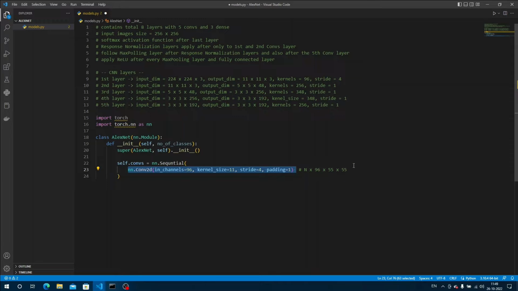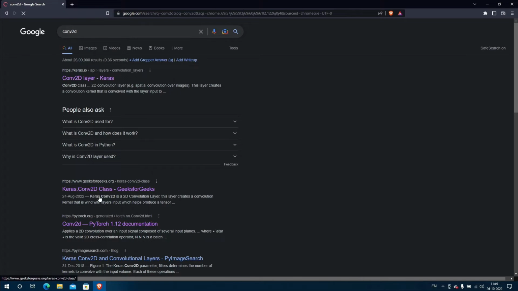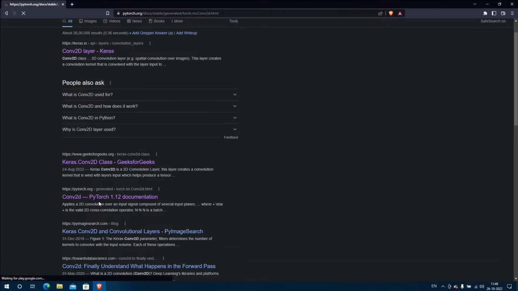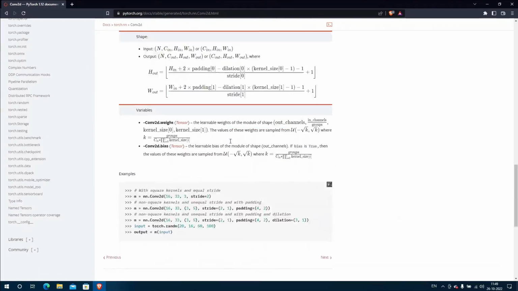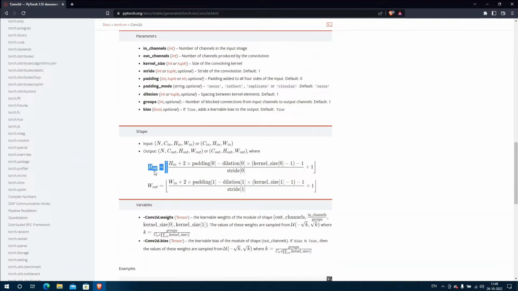It has a formula, like I can show you. Here it's the PyTorch one. So it has the height of output and the width of output. You can use this formula to calculate the output dimensions of the image,